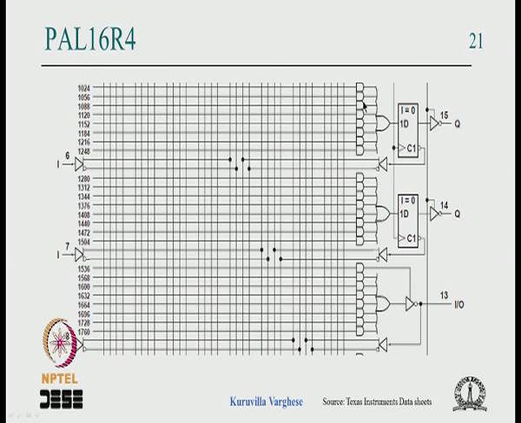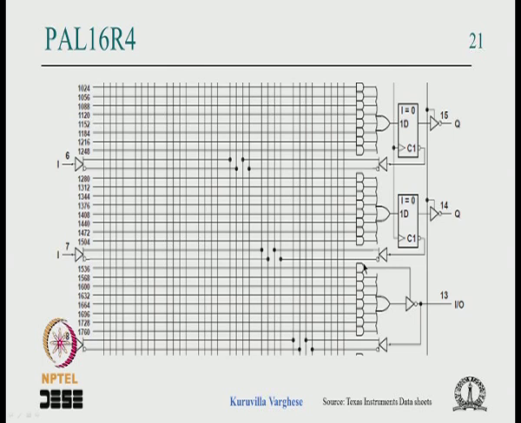And if you look at each section, it has 7 product terms: OR gate, common clock, the OR gate output goes to D, and the Q goes as an output, and the Q bar is fed back. It does not matter because both Q bar and its inversion are available. So it really does not matter whether you feed back the Q bar or the Q, it is all the same. Depending on what the device gives, the programming changes, the Q, the inversion changes, that is all